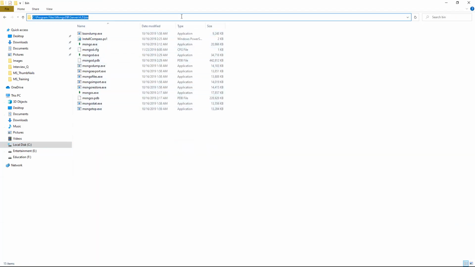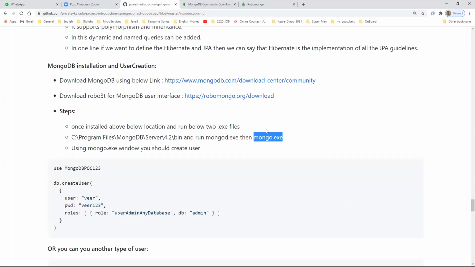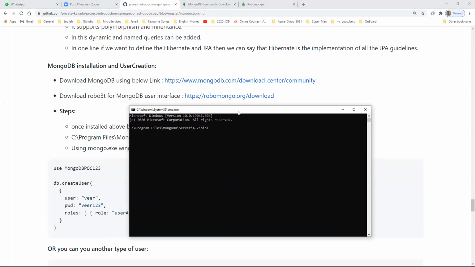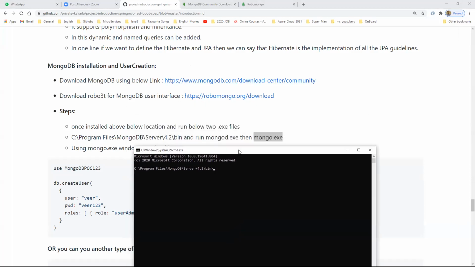Let me open a command prompt here, cmd, and also let me share this. Otherwise, you will not see it. So you are able to see the command prompt, right? Yes, sir. Okay. Now, as I said, first you need to run mongod.exe.